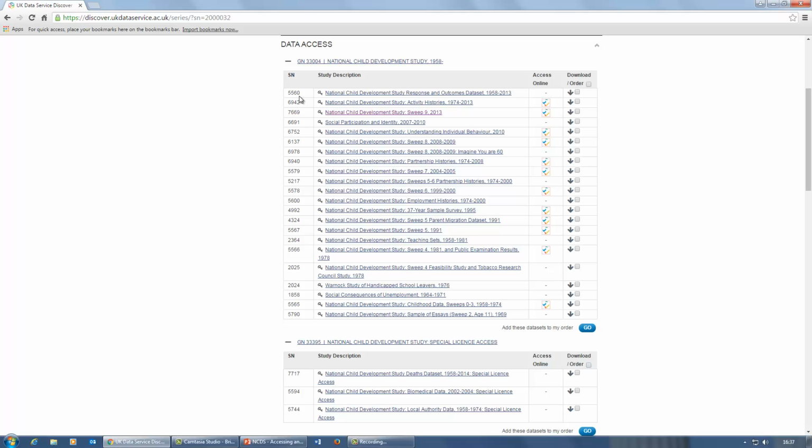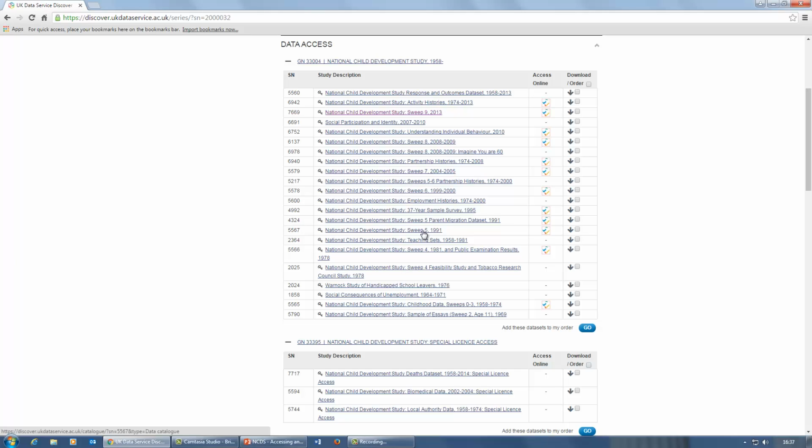There are sometimes additional files. NCDS 4 here contains an extra file showing exam results, since it's the first adult sweep after most participants have left full-time education. NCDS 5 here, 1991, the age 33 sweep, contains 2 extra data sets, one showing details of partners of the participants, and one with the results of a sub-study where the children of 1 in 3 mothers were asked to complete cognitive tests, and their parents were asked questions about their children's